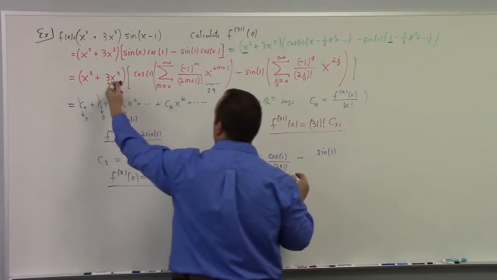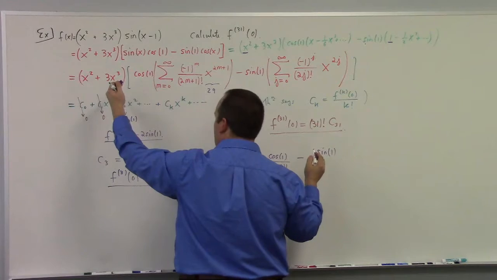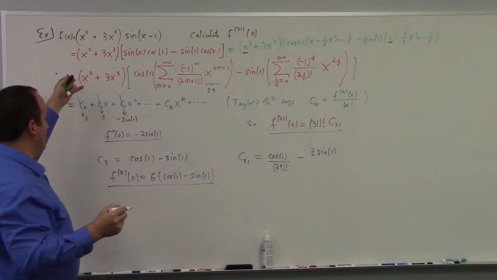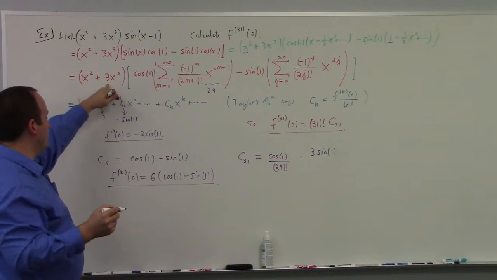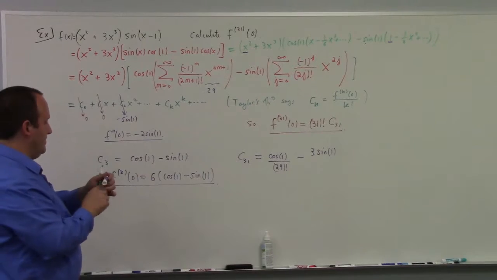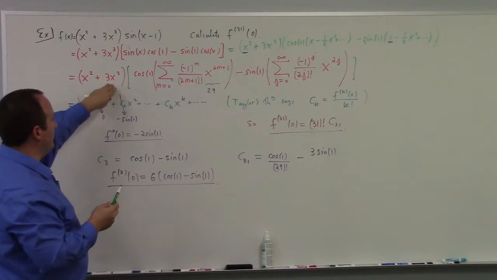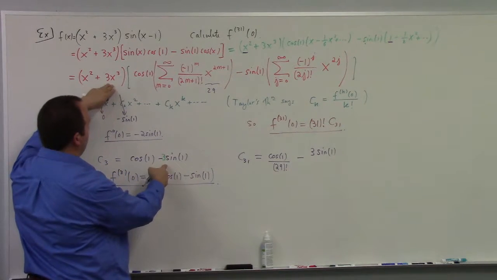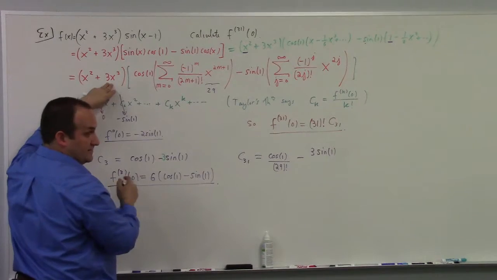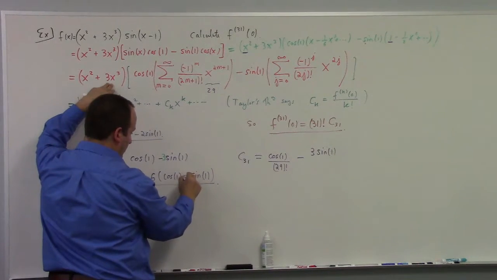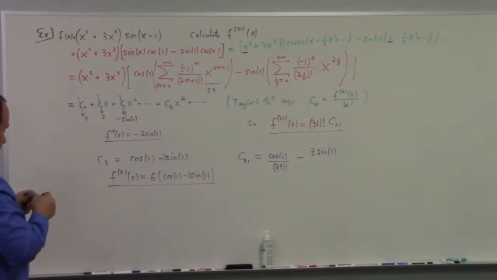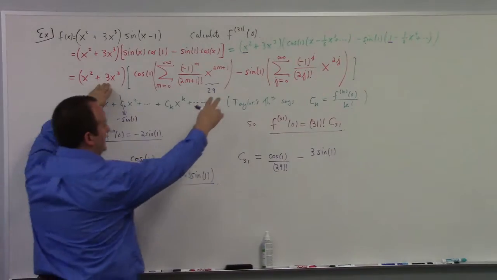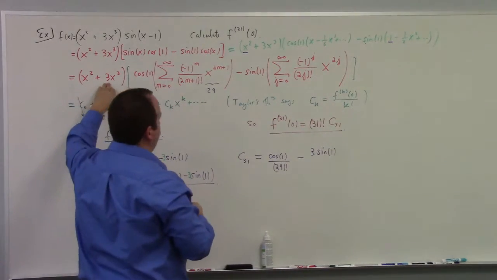Let's see here. I've got an x cubed. Oh, there's a 3, right? Did I account for that 3? I think I might have missed this 3 here in my previous talk. Where did I miss this 3? Where should that have been? Let's see here, to get the third power, it should have been here, right? That should have been there, because there's this 3 times sine 1, right guys? Oops, sorry about that. So 3 times sine 1, there's a minus here,